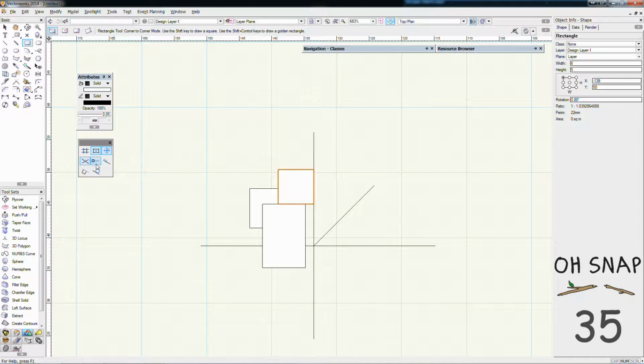The Smart Points is the last of my favourite kind of series, and it's a new one, I believe, maybe 2010, 2011 onwards, so if you're using an older version, you won't quite have this feature. There is a datum that you can use to replace it in older versions. Smart Points is really handy when you need to align something to something else, so I'll give you two examples here. One, I'm going to hover over the end of this line a little bit too long, and I get